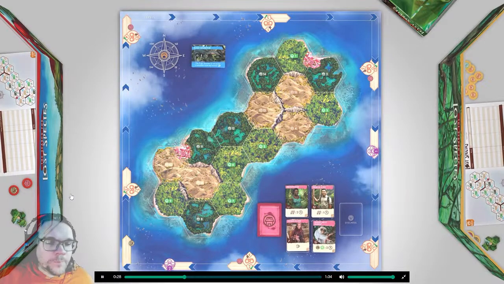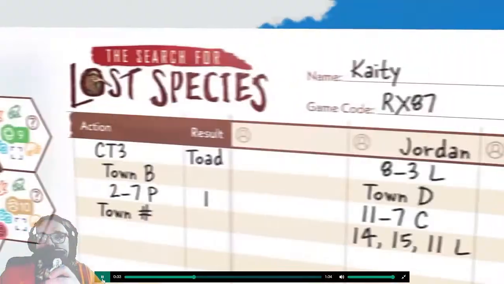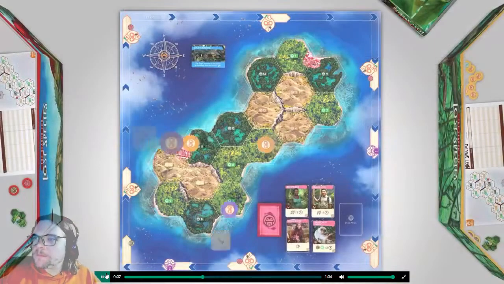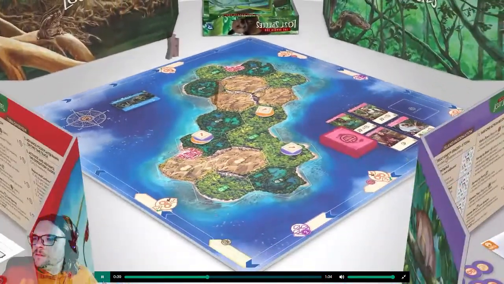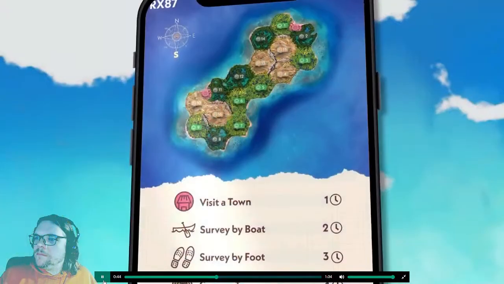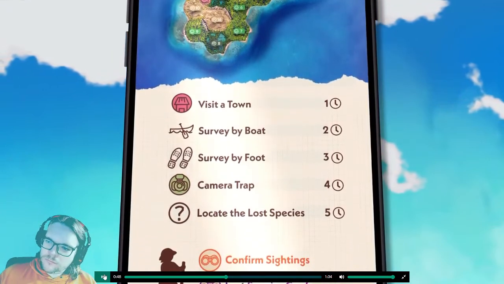Species that inhabit the island. Throughout your expedition, you will perform various actions. You will note what you learn on your deduction sheet, and you'll be able to piece together enough information to score points by reporting sightings as you hone in on the lost species. As you survey by foot or by boat, gather information from camera traps, and visit towns to enlist the help